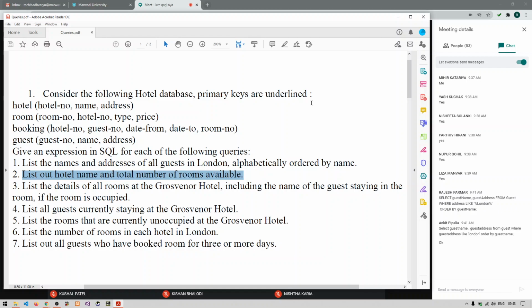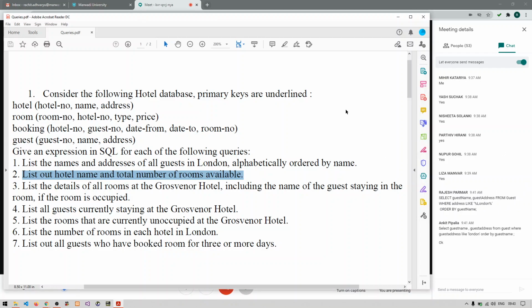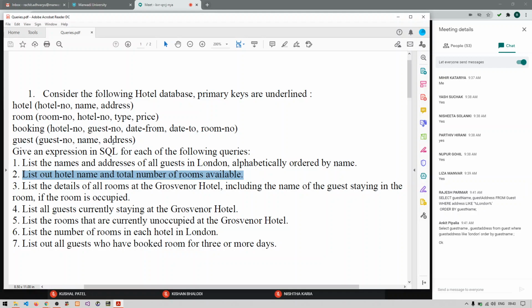You need to use an aggregate function somewhere. Just think and give me the answer. Make sure you are using the attributes exactly as given in the tables. Don't use guest name, guest address; you are given name and address. So that's it.